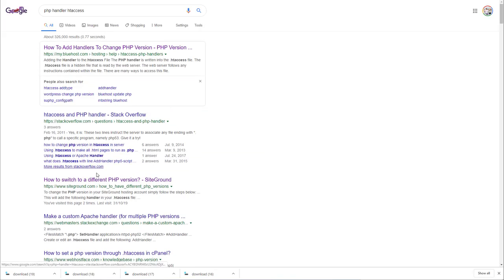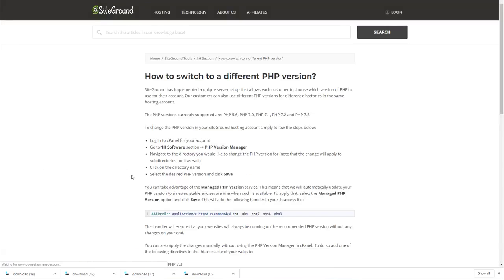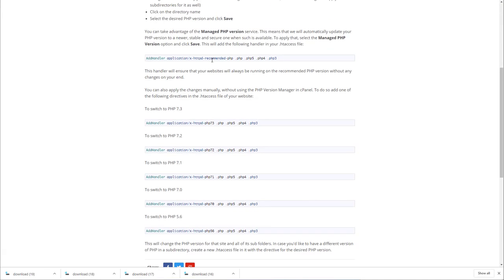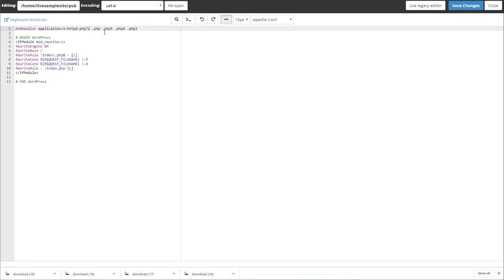SiteGround actually had a really good article about this one here. So here's the one for PHP 7.3, PHP 7.2, PHP 7.1, PHP 7.5.6. So whichever version you've got for PHP, that's the one you want to add if it still doesn't work after you reset it. Now, in my example, I have PHP 7.3, so I'm just going to leave it at 7.3